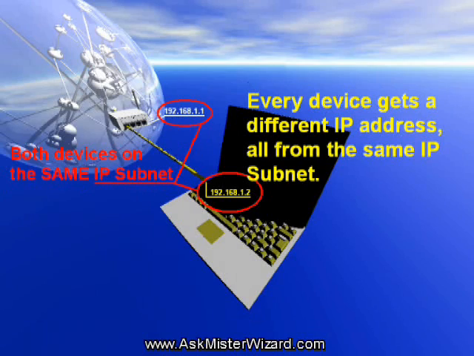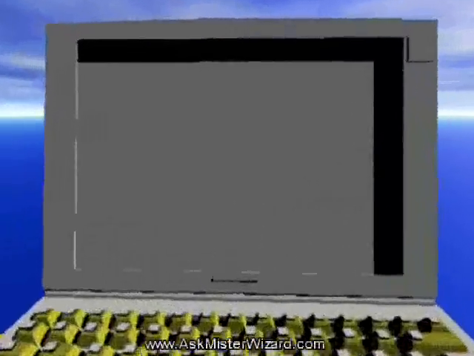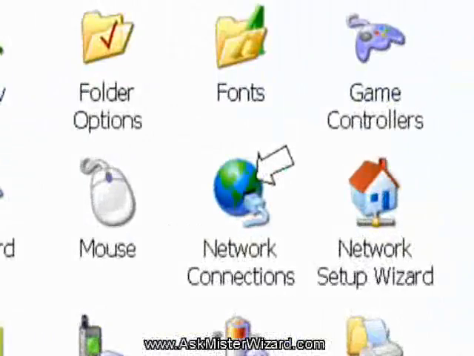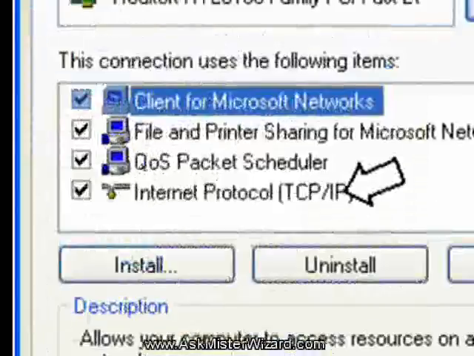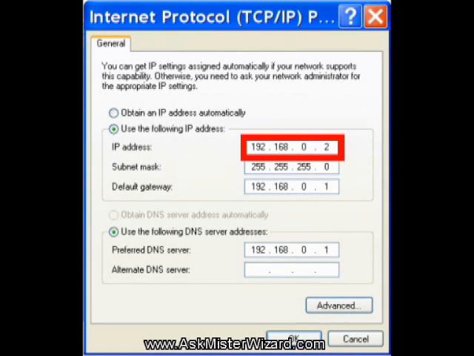Use your operating system's network configuration facilities to configure a static IP address from the appropriate subnet, avoiding the IP address in use by your gateway device. For example, if your gateway's default IP address is 192.168.0.1, then you might configure your PC for IP address 192.168.0.2. When you're asked for netmask, use